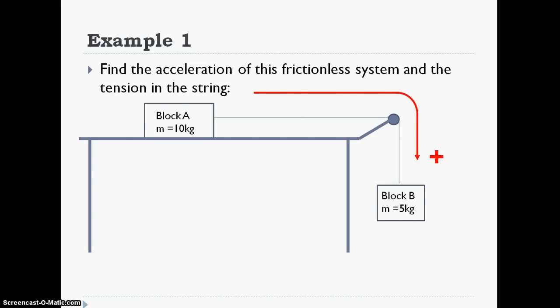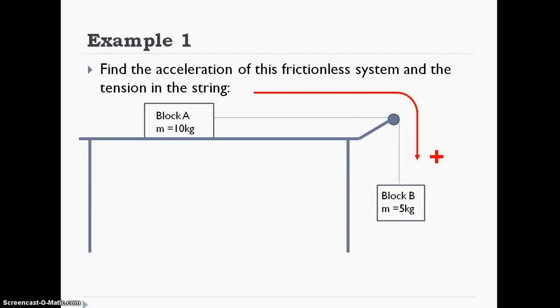So that's kind of funny because it means for block A, the tension is to the right, so it's going to be positive. But for block B, the tension is up, which is opposite the direction that it's going to move, right? So the tension is going to be negative for block B. It also has the interesting effect of making the weight of block B positive. But let's think about this. That sounds funny. How can the weight be positive? But it's the weight that's making it go forward. It's making block A go forward. It's accelerating the system in the positive direction.